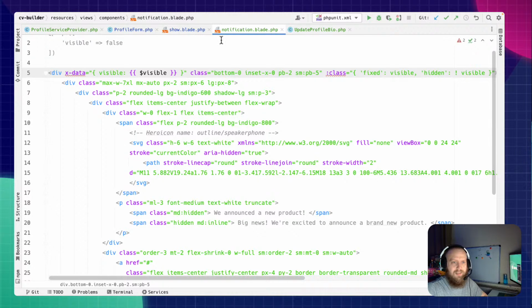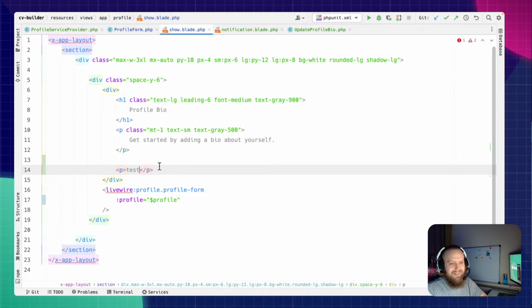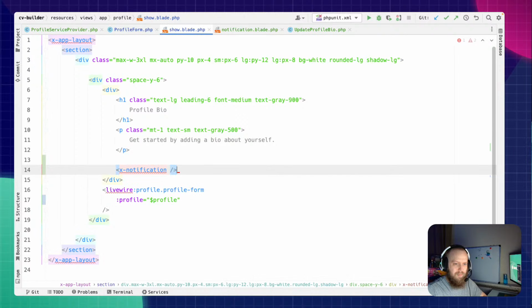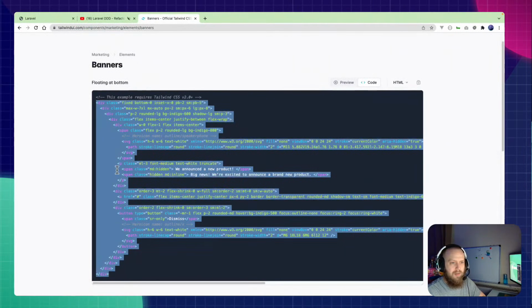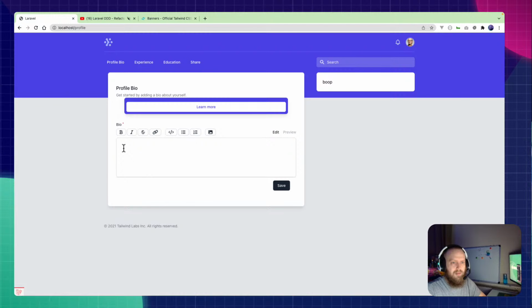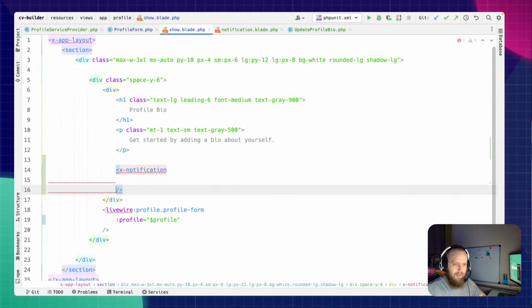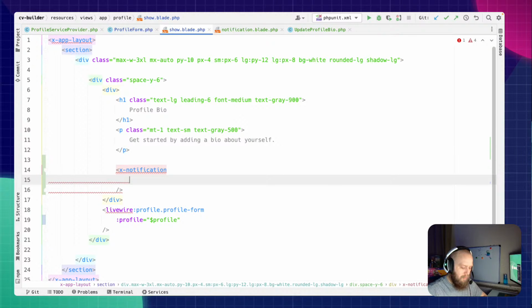Maybe let's have a look. Let's see if this will actually work. Oh, here we go. Right, so X notification. Right, it is displaying. So what we want to do is have a